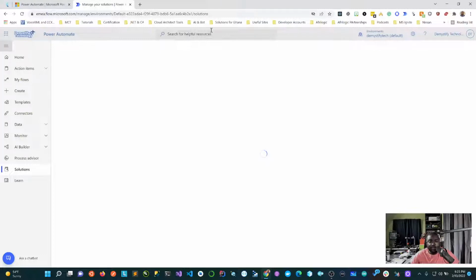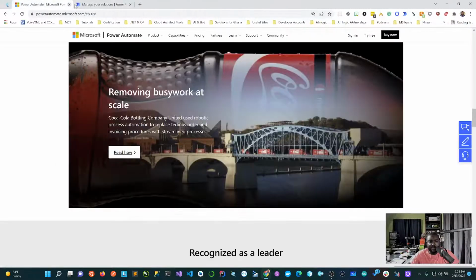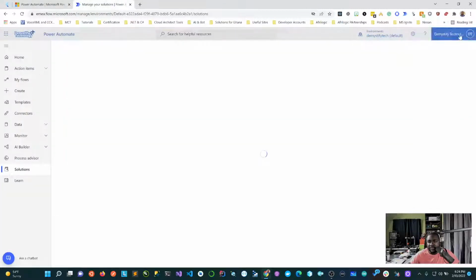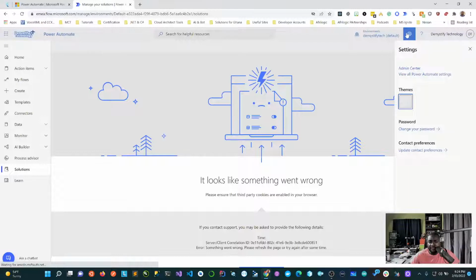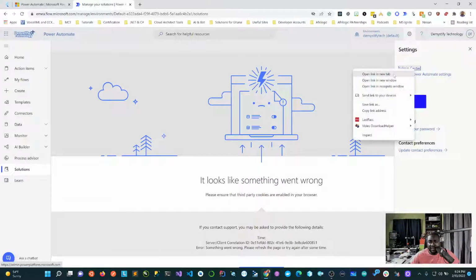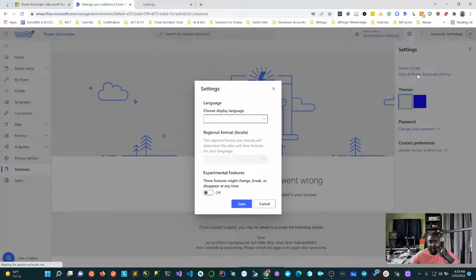So what example are we going to do? Let me show you something here. Let me be sure I can do this. Not from here. Let's do it here. So if we go to the admin center, let me open it in a new tab, and let's view all the Power Platform. Okay, so this is what I wanted to show.